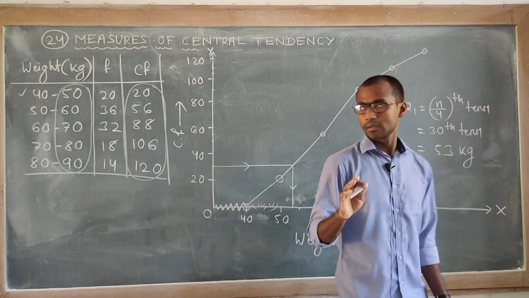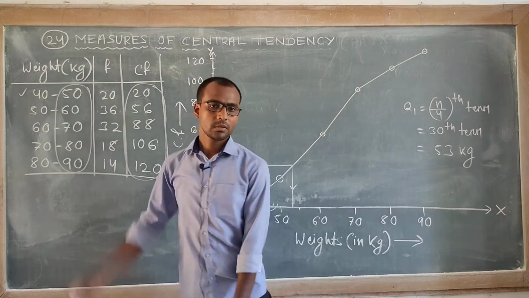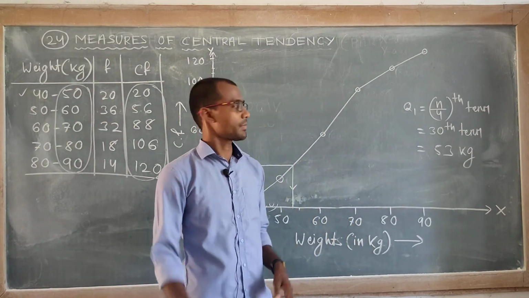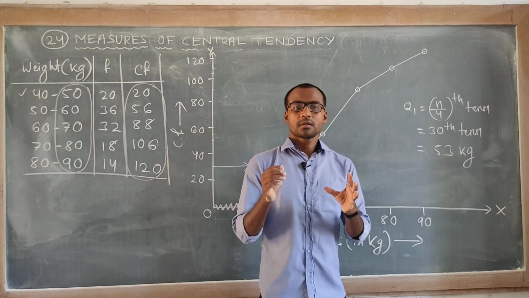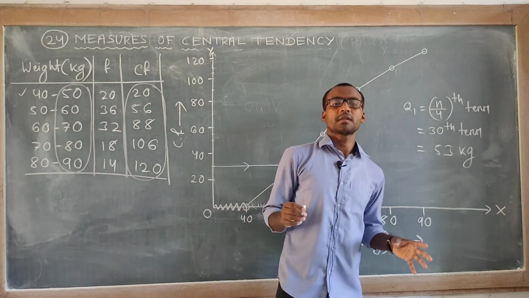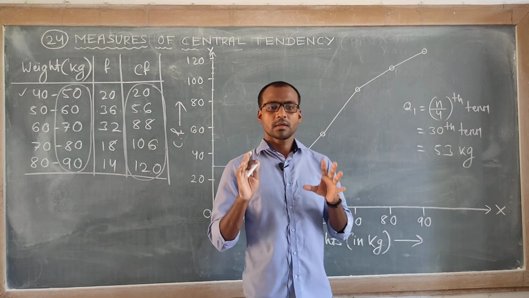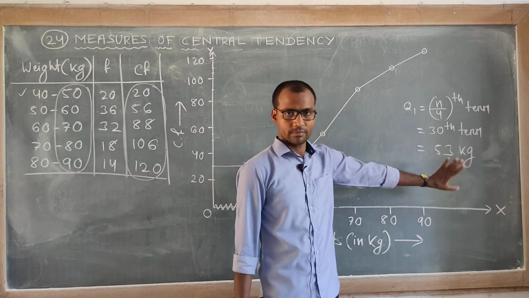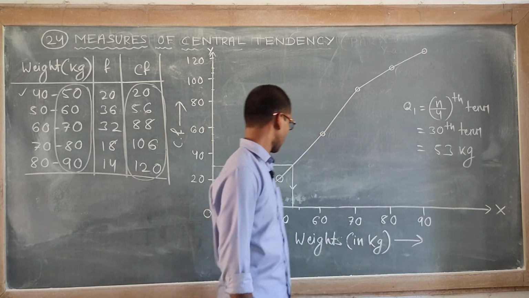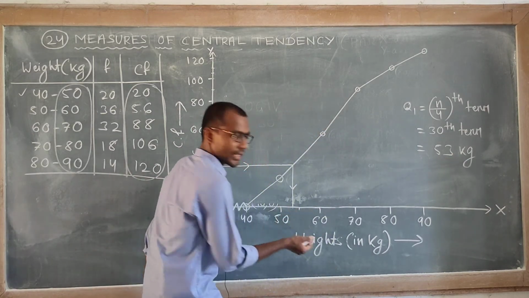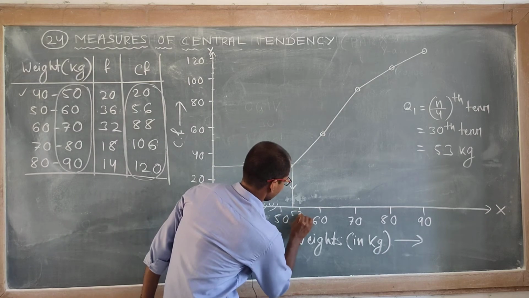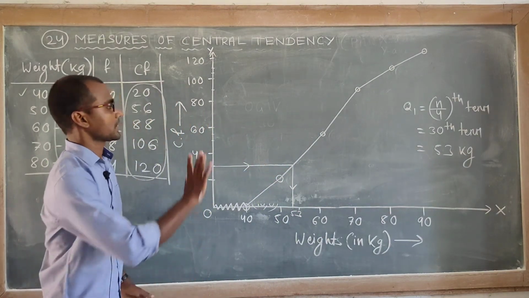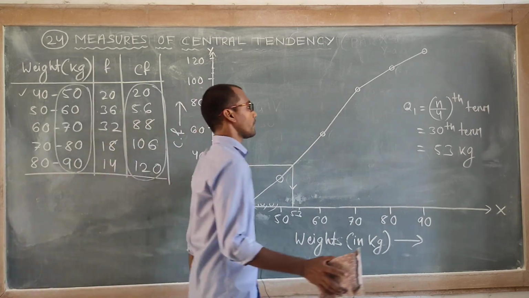Because you have taken weight, we are just estimating that the child who is standing at the 30th position, his weight is 53 kg. So this is the lower quartile, 53 kg. Ready? 53. You may write, you may not write here. I am writing because I will need it later on to find interquartile range. This is lower quartile.